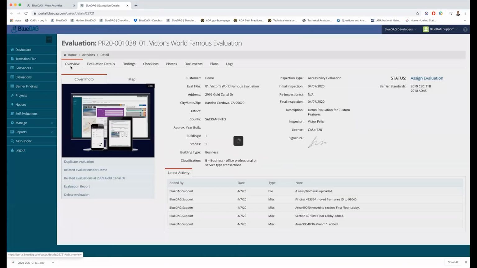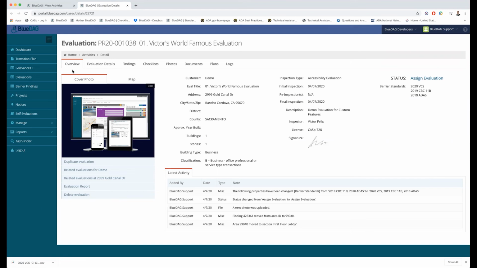Now, I've only created a custom standard, but I haven't created any custom findings or associated my custom standard to any master findings that are in the system yet. So I won't be able to pull any of that information with that citation, but now you know how to